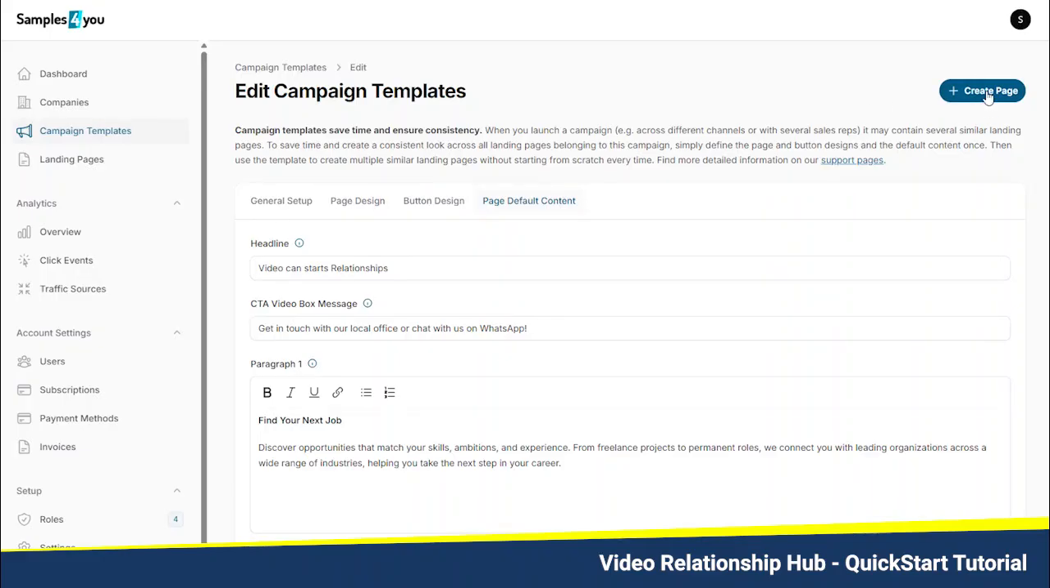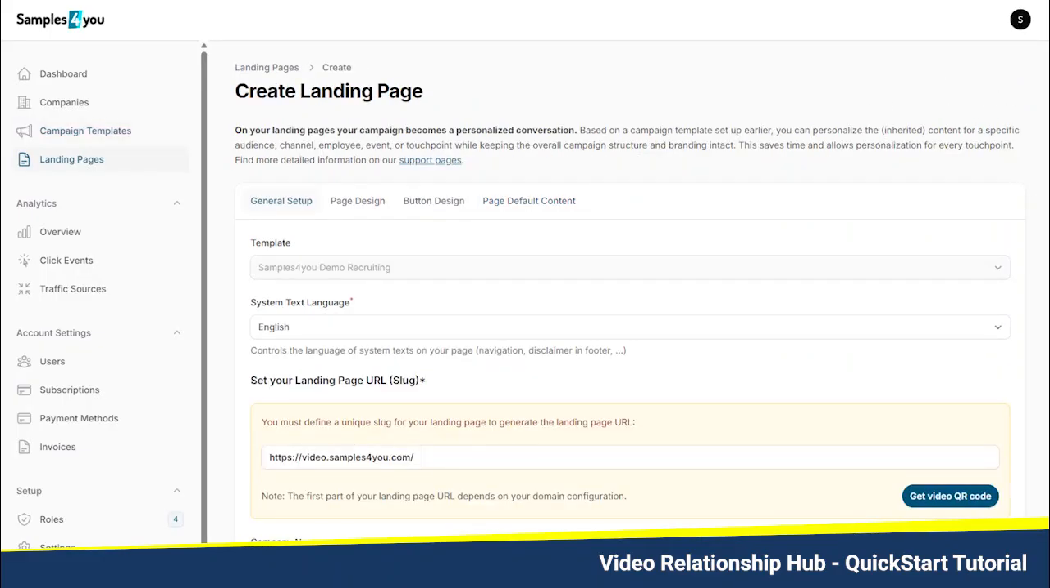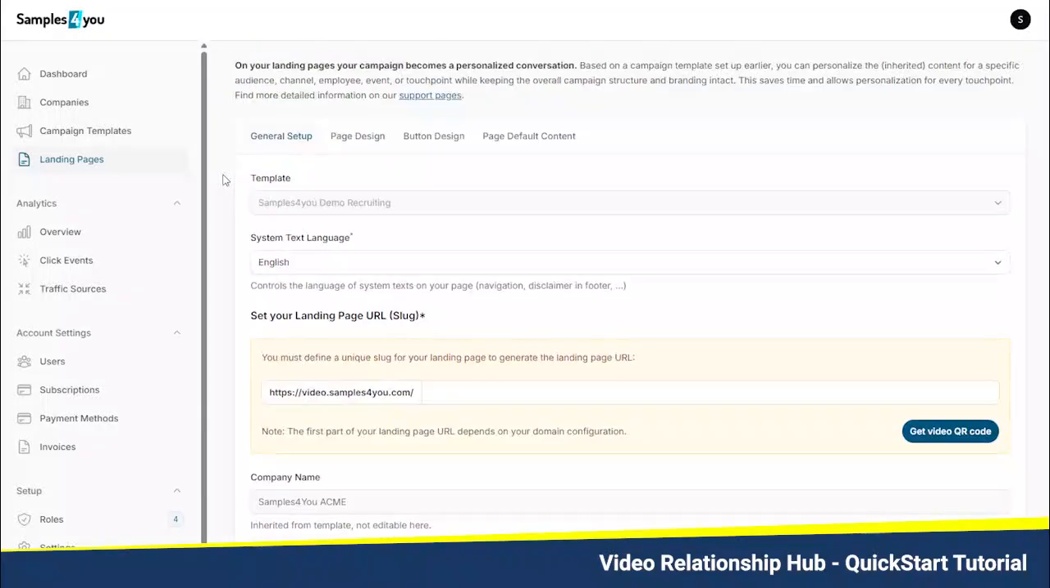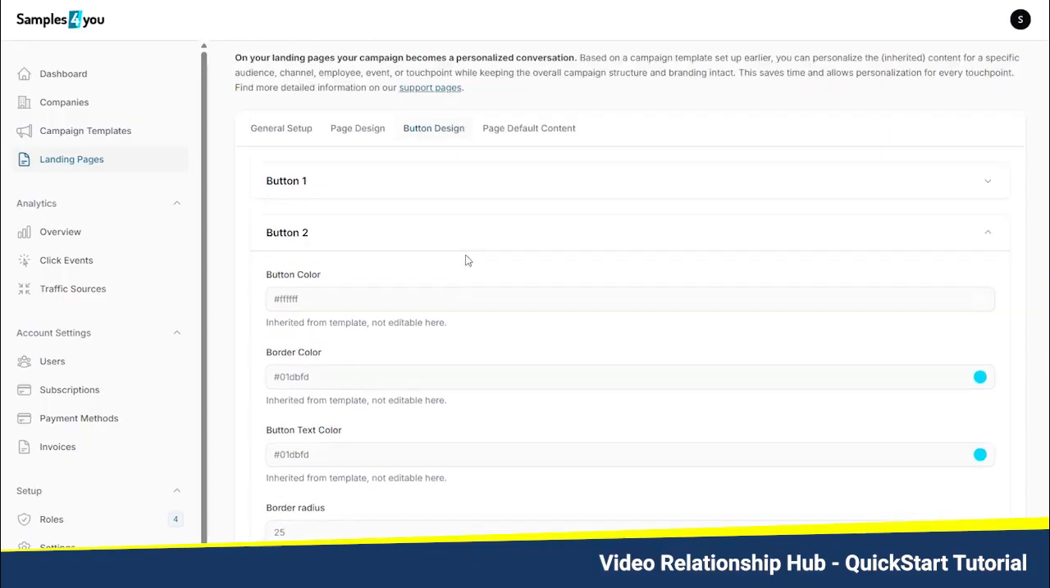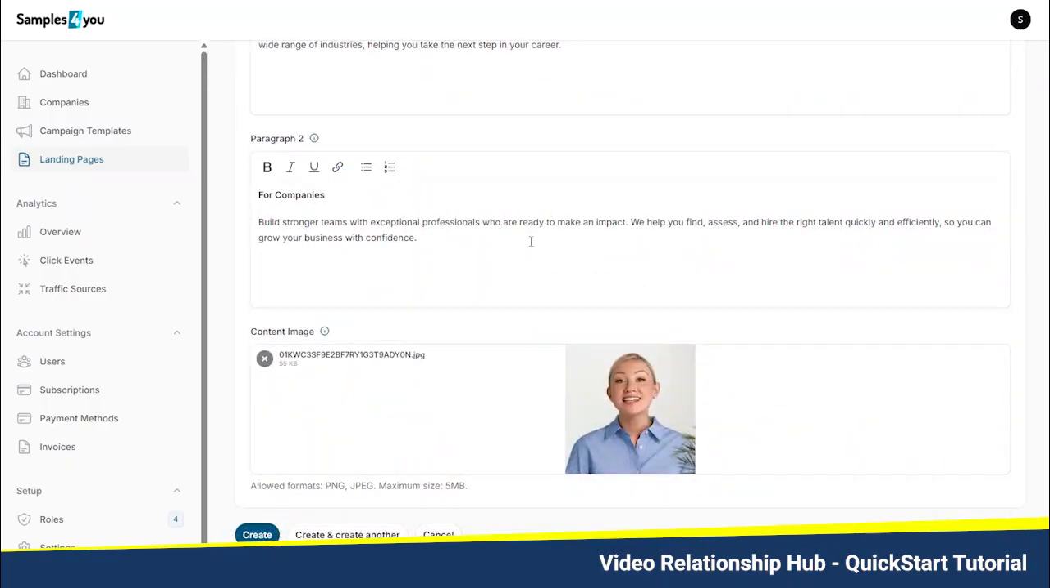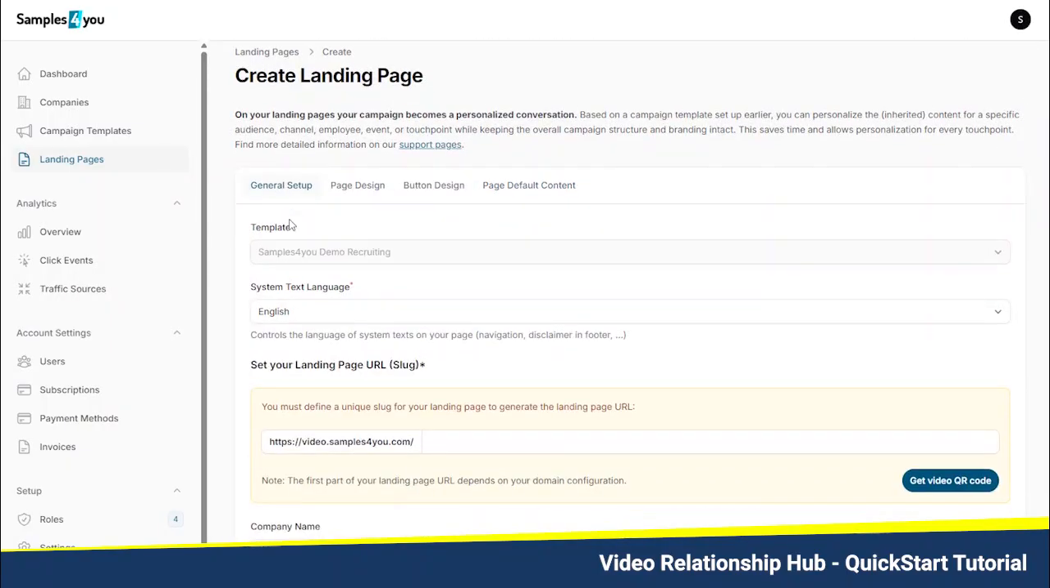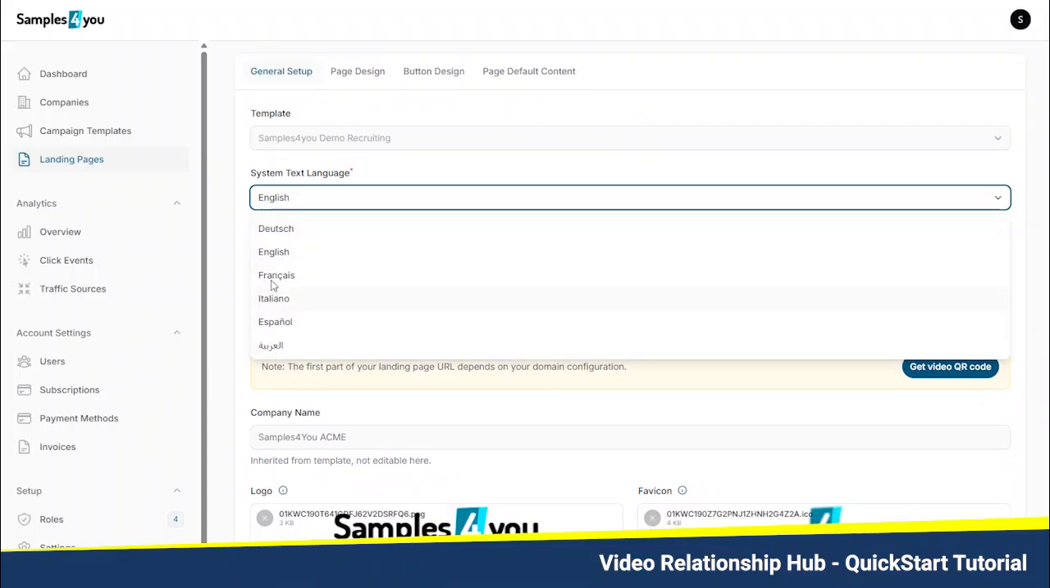When you are all set, you can create your first landing page from this campaign template. As you can see, almost all settings and content are passed on from the campaign template to your landing page. Now, you simply personalize the default content, change button settings, and define the URL for your landing page by adding